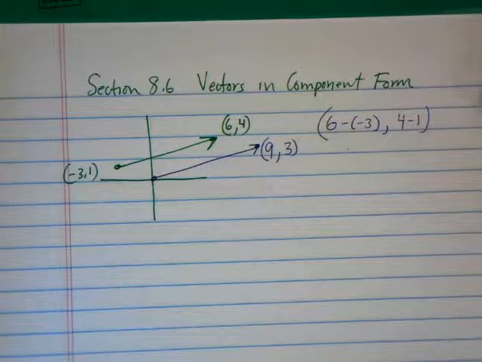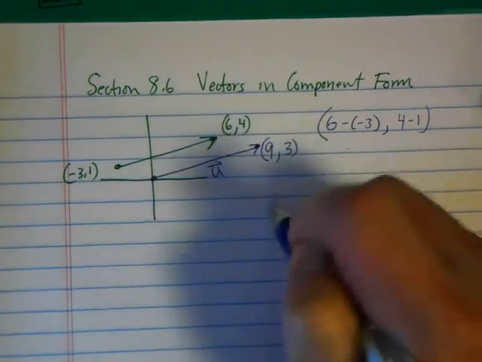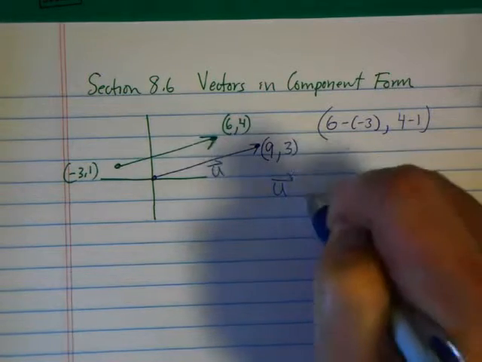Why is that vector written in component form? What's the length of its x component? 9. And what's the length of its y component? 3. So quite often, if we call this the vector u maybe, we would write u is